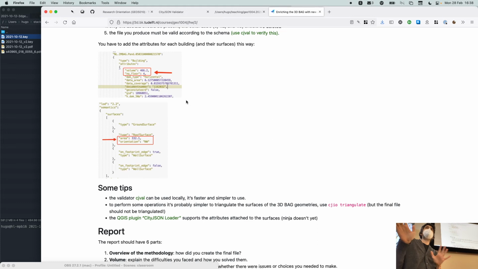I don't know if it's a very difficult assignment. I really don't know. I'm not trying to throw you here. It's the first year we do it. The 3D bar is new. I think it's doable with a group of 3. I know that the volume will take you a bit of time. The height, I think, is very easy. The number of floors, sorry. The surface area is a bit nasty. I will let you discover why. And the last one, the surface orientation, I think is pretty easy.